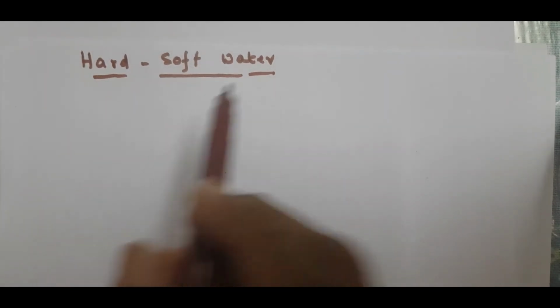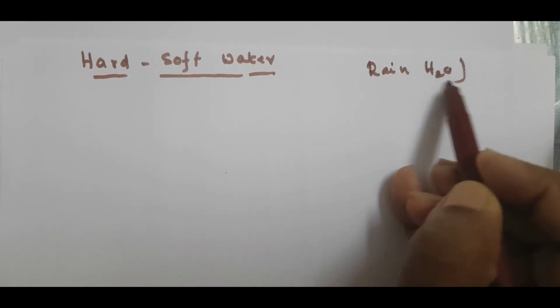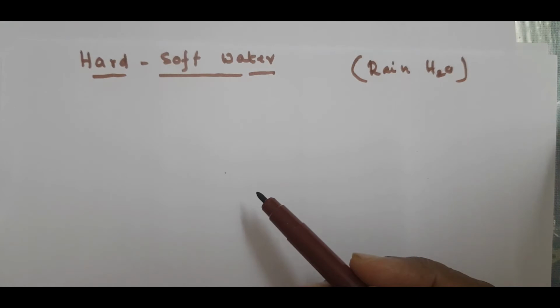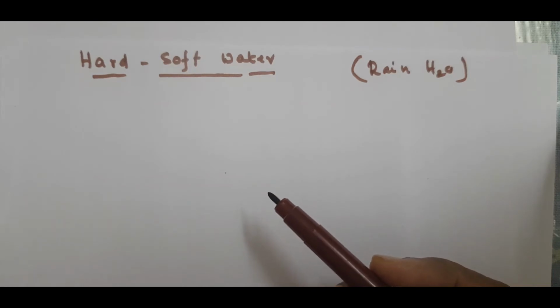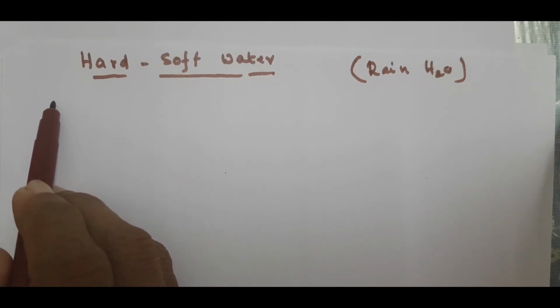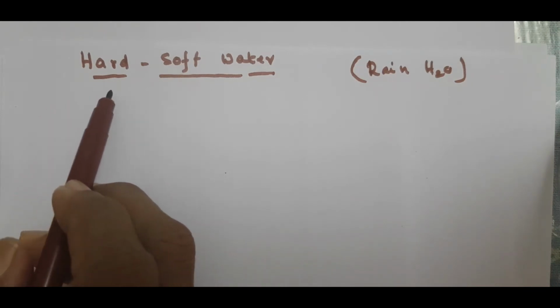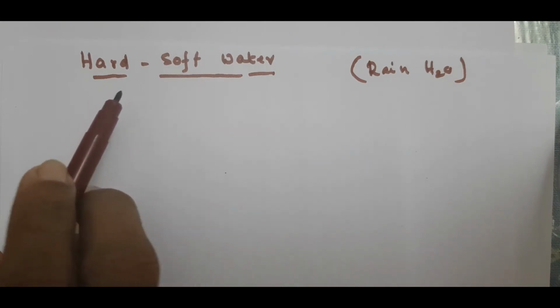And we normally say that rainwater is almost very pure, correct? That is why we do water harvesting. So rainwater is very pure, but it may contain some dissolved gases from the atmosphere. And we know that water as a whole is a very good solvent. We have already said that, because of its high dielectric constant, it can dissolve many salts.